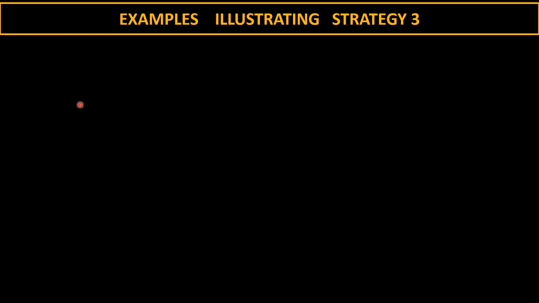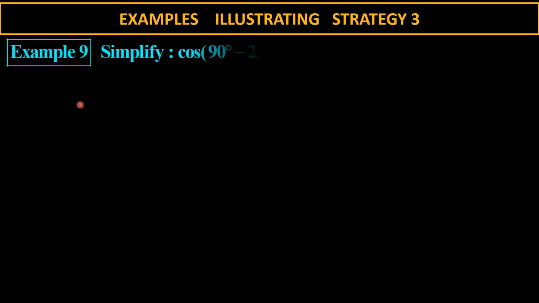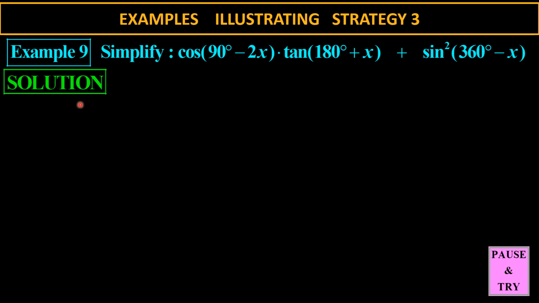Now let us look at another example here. Okay, first of all, we always try to see whether we can simplify. In this case here, we notice there are no like terms, there are no brackets to be removed, there's nothing to be cancelled, but I see that I have reduction formula that can be applied. So I'm going to use my first strategy, simplify by using